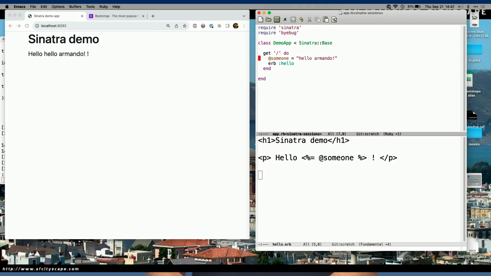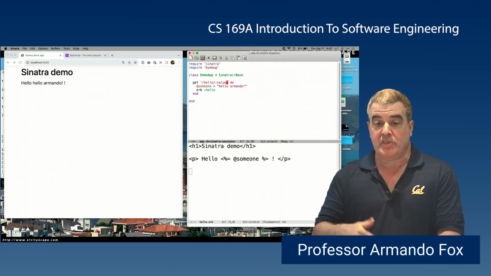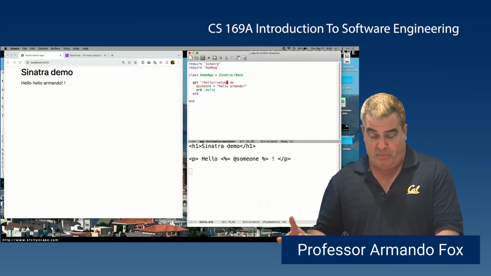We could probably do something a little more interesting if, instead of having a fixed string that's rendered all the time, we allow the user to control what that string is. So for example, suppose I change it to match the route /hello/, I don't know, some value. So this is another aspect of Sinatra's syntax, and when we see Rails' routing mechanism, which is more complex, the